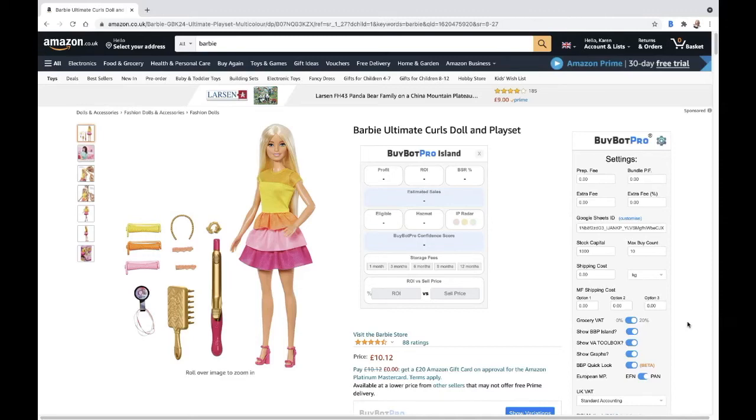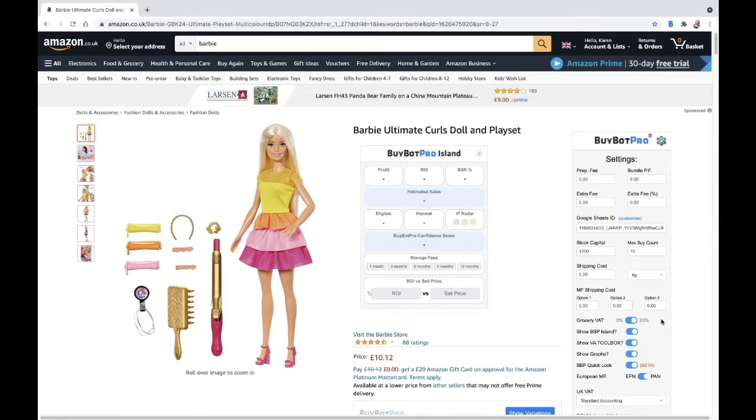But it's very complicated to know what is and what is not VAT rated as 0. So for an example, a box of biscuits with chocolate on the inside is not VATable, but a box of biscuits with chocolate on the outside is VATable because it's considered a luxury. So it's way outside of the option of BuyBotPro checking all these for you. So you have to decide whether you want to have grocery automatically at 0% or automatically at 20%.